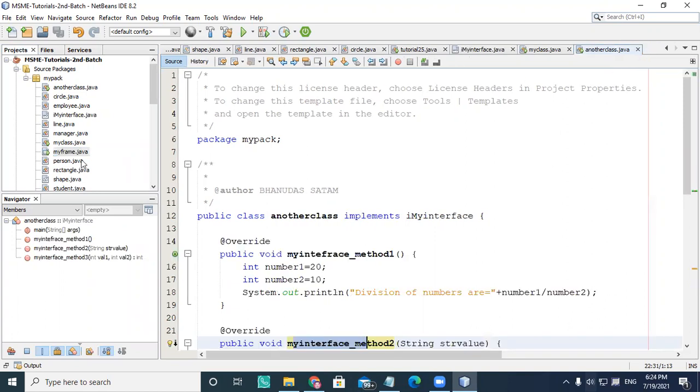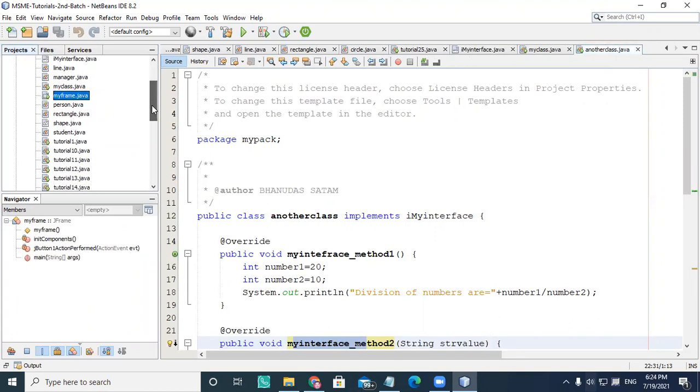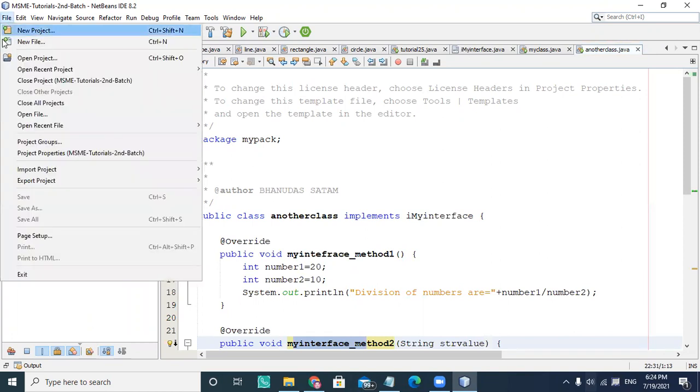Okay, but after completing this part, the next topic is related to exception handling. That exception handling part I will explain tomorrow.